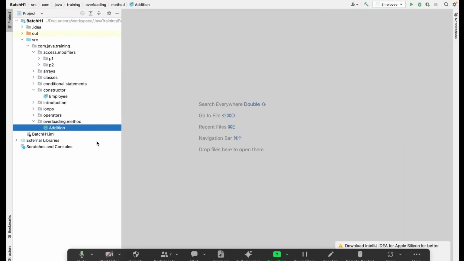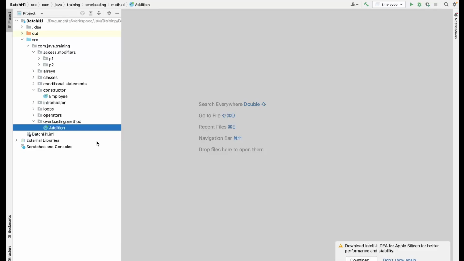So the assignment was to create a class Product which has a method calculate product and which takes two integer parameters and computes the product of the numbers, and then we had to overload the same method with double type parameters, and then create objects of that particular class and invoke both the methods. So let me just